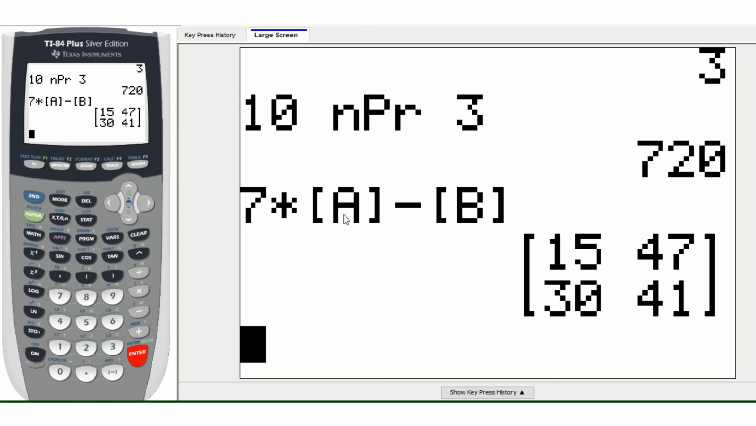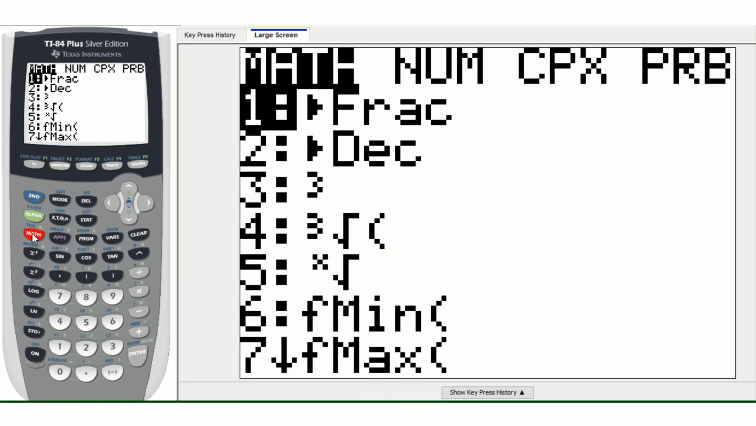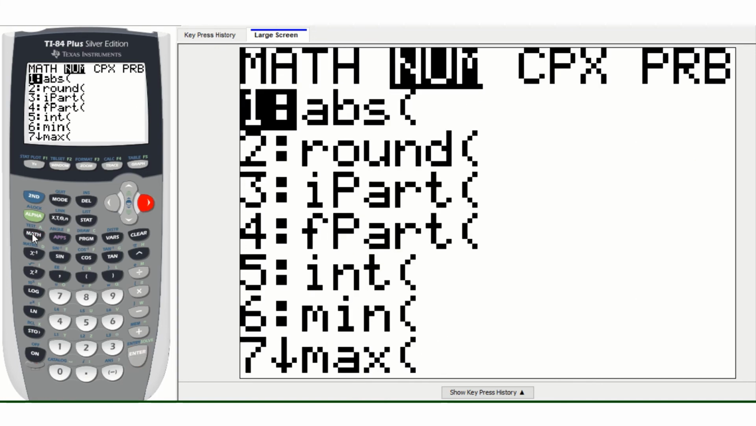Calculator also has a bunch of shortcuts for like pre-algebra type questions, such as what's the remainder when 457 is divided by 7. So if I go to math, and then I want to go over to num for numbers. It'll do a bunch of things for me. So there's my absolute value button. Also, if I scroll down,